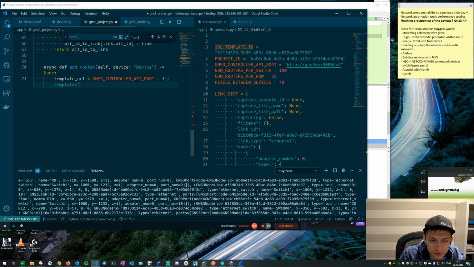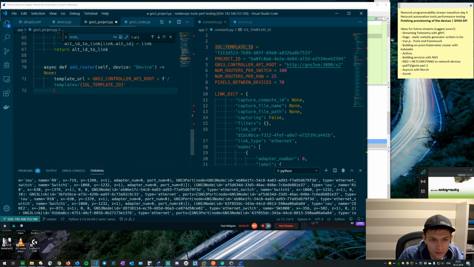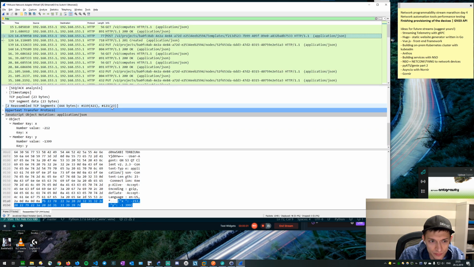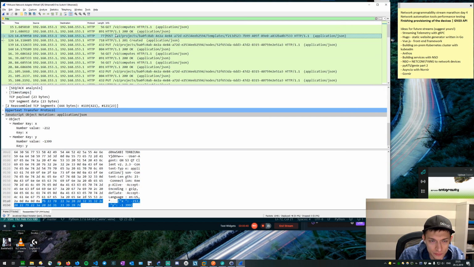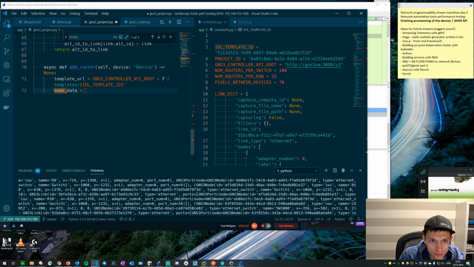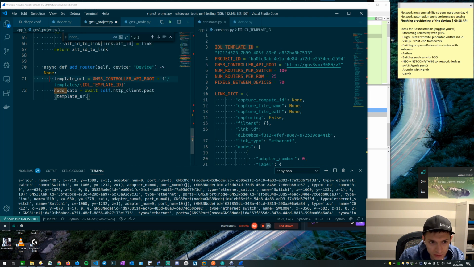So f slash template slash and then IOL template ID. This is my template. Now payload, well, node data is going to be equal to await on self HTTP client post template URL, and then